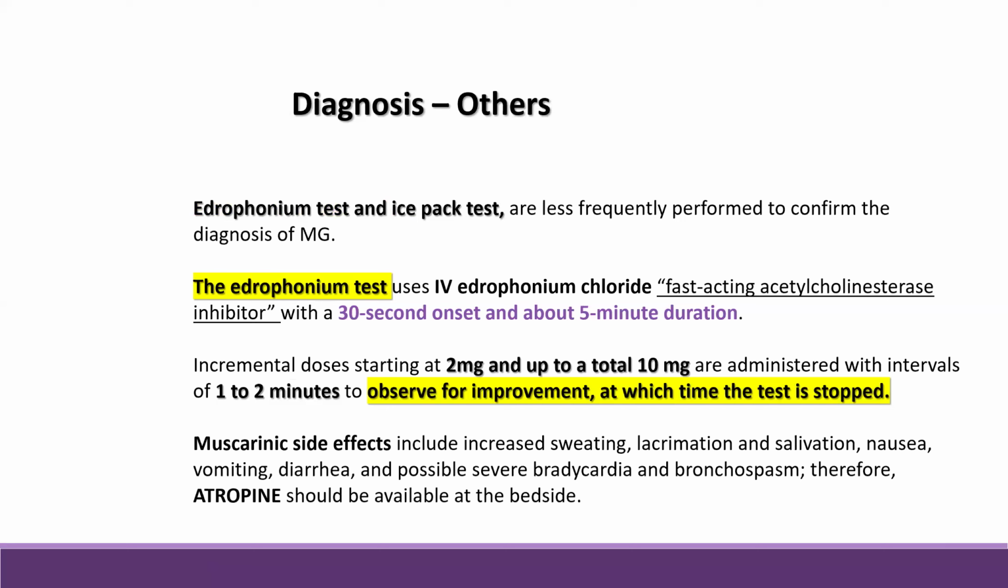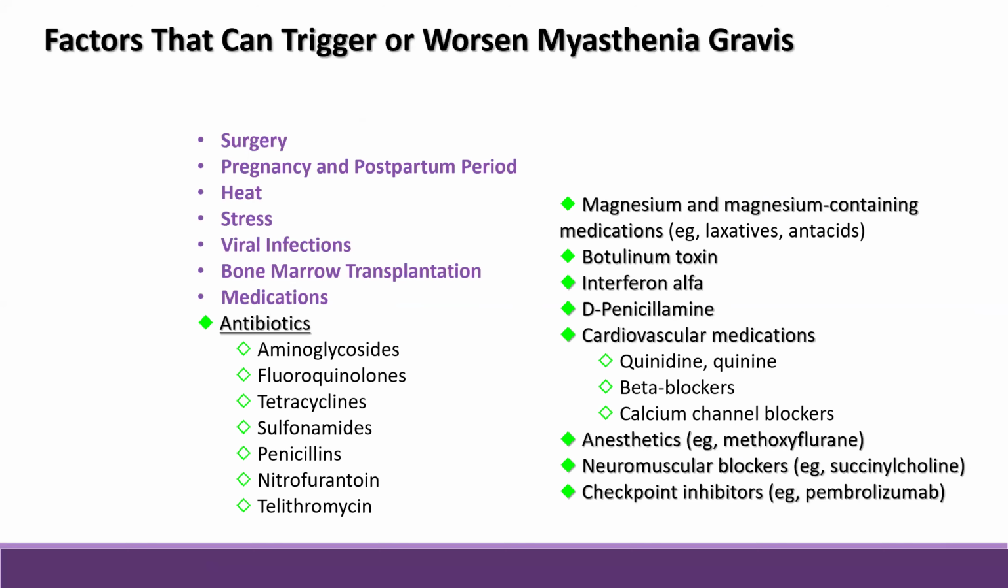Regarding the edrophonium test or ice pack test, this is a test that can be done at the bedside to demonstrate the fatigable weakness and diagnose the patient. It is important to know the factors that can trigger or worsen myasthenia gravis. So we have surgical procedure, pregnancy and postpartum period, heat, stress, viral infection, bone